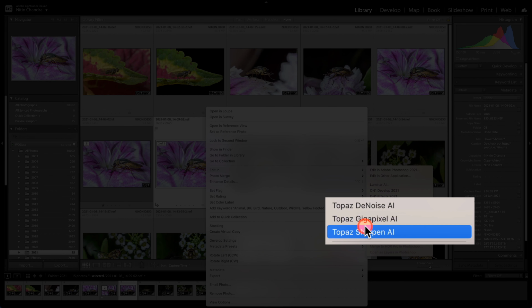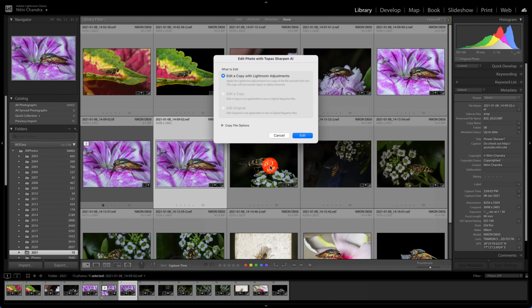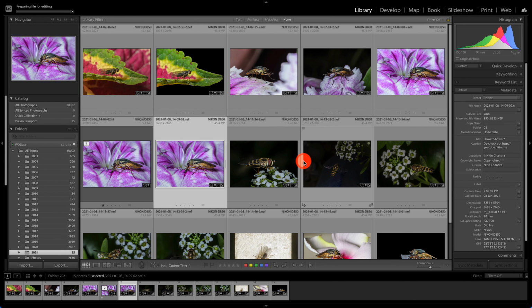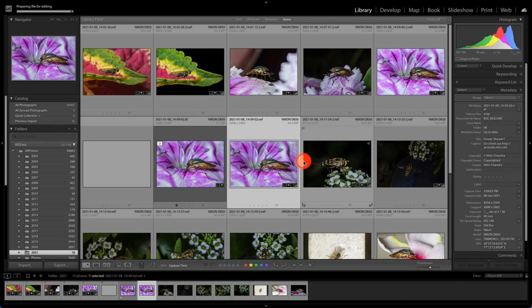There is no mask AI here because there is no masking support in Lightroom, and therefore you can only use that in Photoshop. For this particular image, I'll go into Topaz Sharpen, edit with a copy of Lightroom adjustments. I've already cropped, processed whatever I could do in Lightroom, including noise reduction and sharpening.